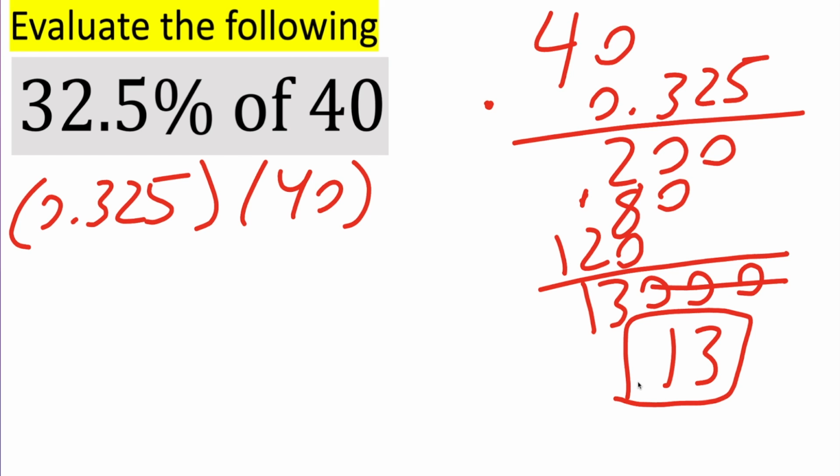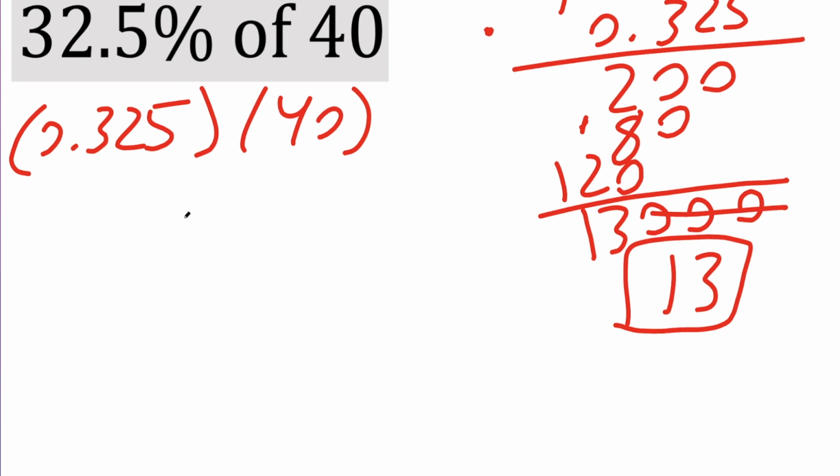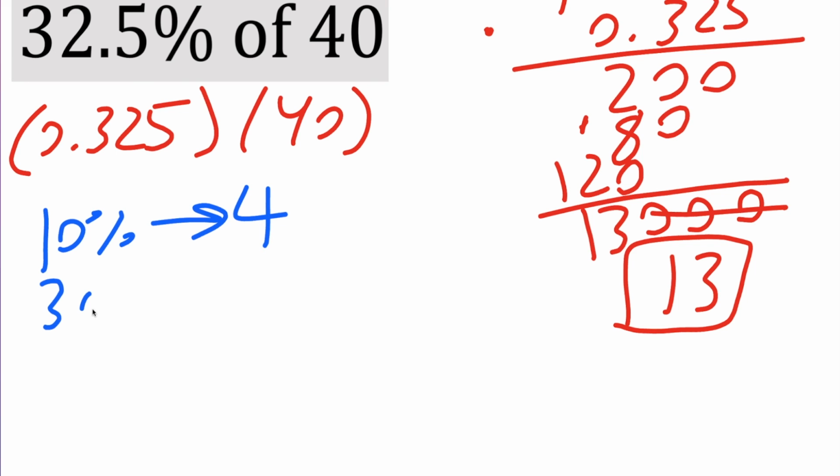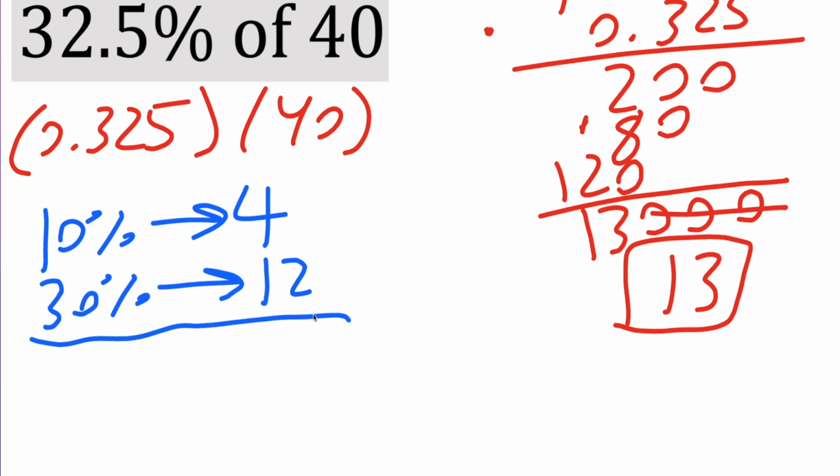Now, I'm going to show you the other method, which will also work in this problem. Again, I like 10%, so let's do 10%. 10% of 40 would be 4. And we want 32.5%, so we can easily get 30%. It's just times 3. The difference between 10% and 30% is 10 times 3 is 30, so we do the same thing: 4 times 3 is 12. So we have 30%, but we want 32.5%. One thing that could also be pretty easy is 1%. If 10% is 4, 1% would be 0.4. And now we want